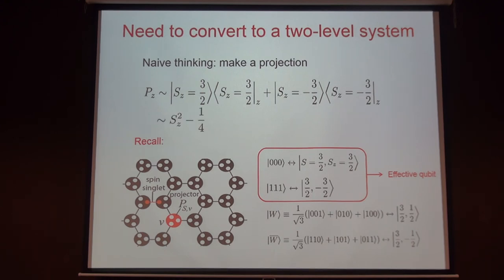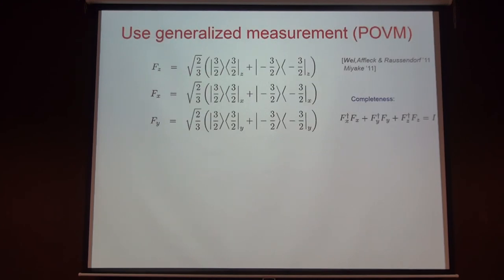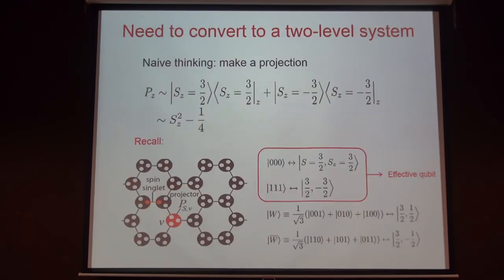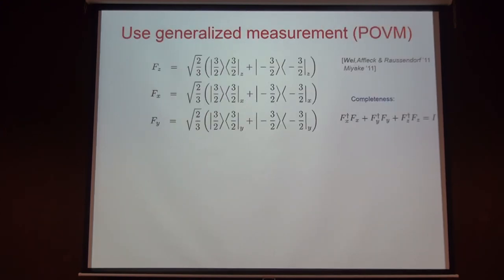But okay, before I go on, let's just make a note that this projection you can write in terms of a spin operator as basically S_z squared minus a constant. So one way out actually is to generalize this. This is a measurement in the z basis. The quantization axis is in the z, but you could also find other projector-like operators so that it's actually in the x direction or y direction. And from the